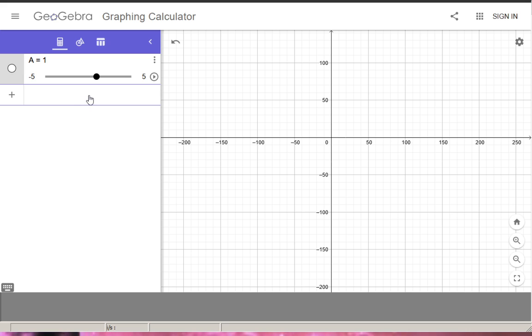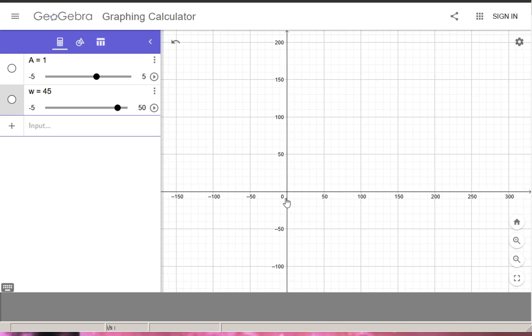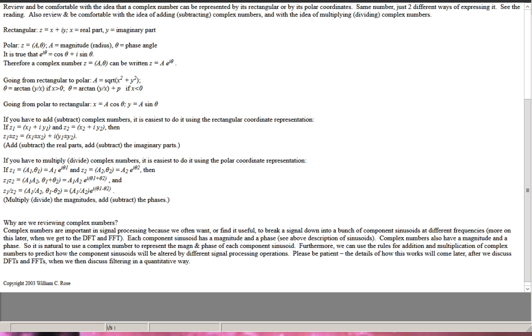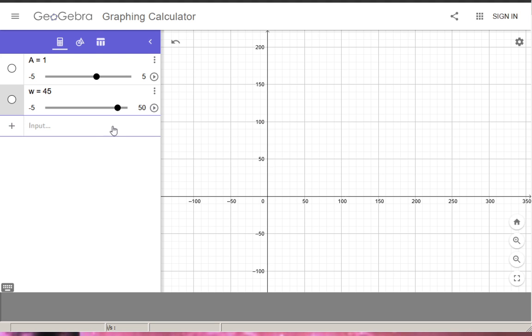So let's call it W equals some angle. We'll call it 45. Now 45 is a degree. Like it would be 45 degrees is going to be in this right hand quadrant. So if we've got x equals a times the cosine and y equals a times the sine, so we've got